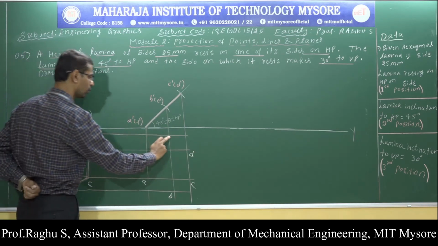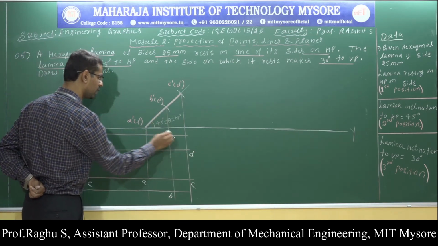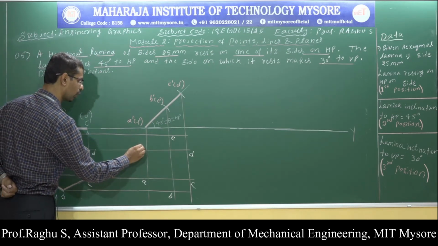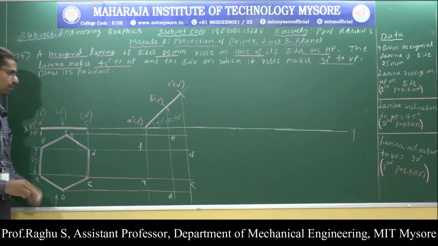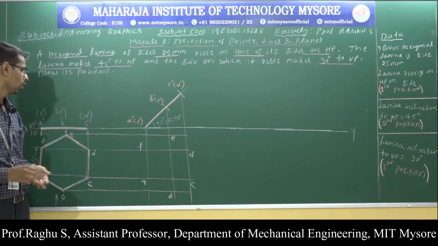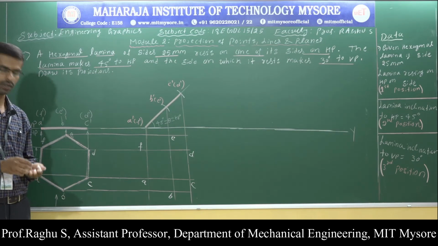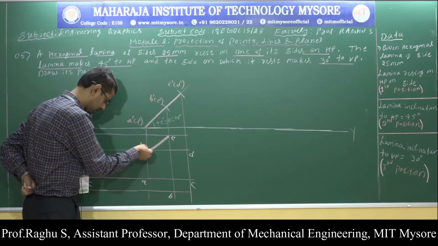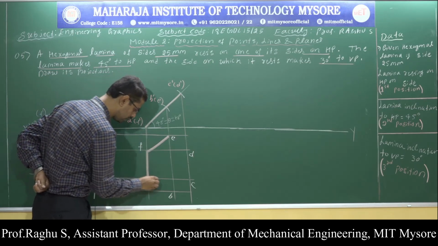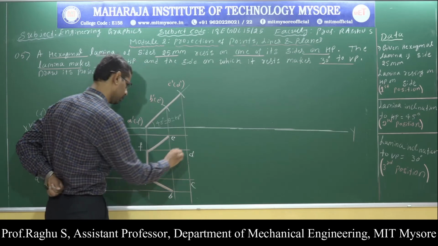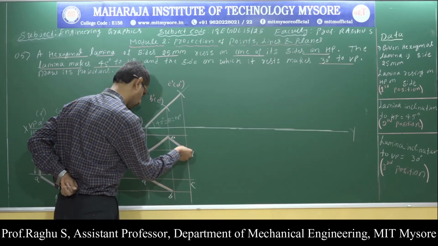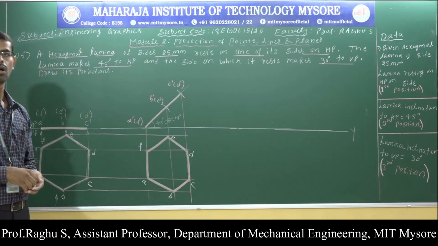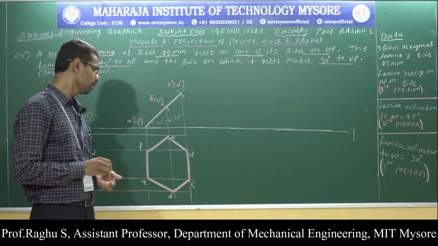This is the horizontal projection of point E and this is the vertical projection of point E. This is point E. This is the horizontal projection of point F and this is the vertical projection of point F, and this is point F. Now connect all 6 corners. So we will get the hexagonal lamina using dark lines. So I have got the second position, front view.